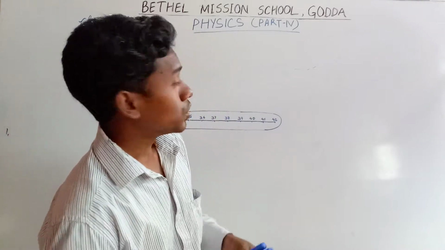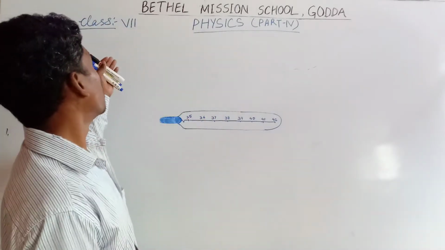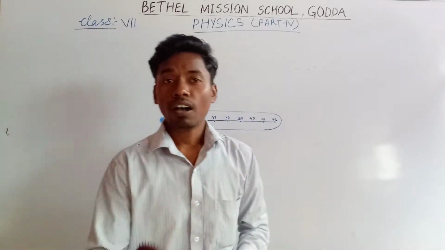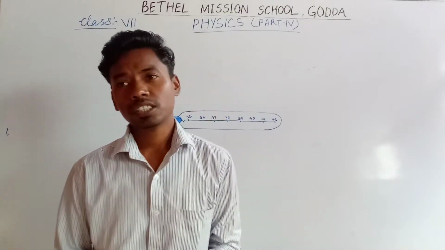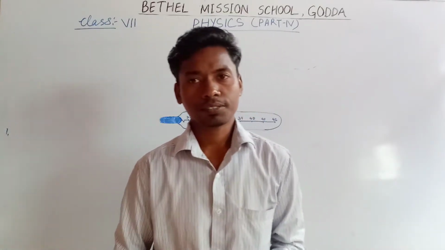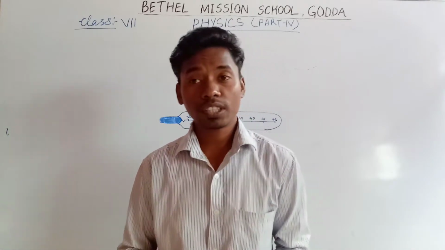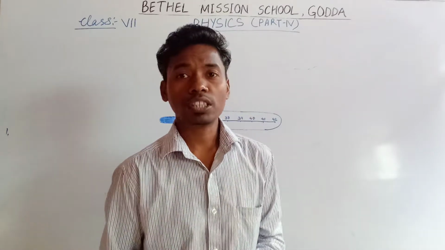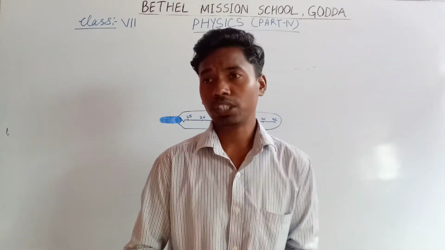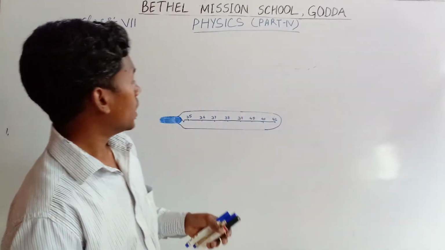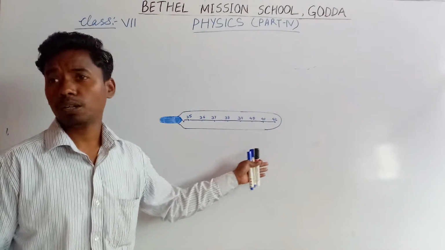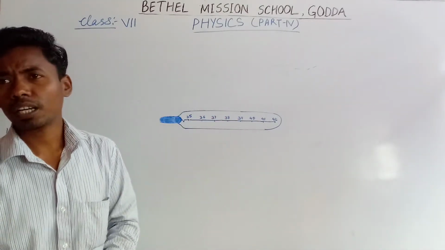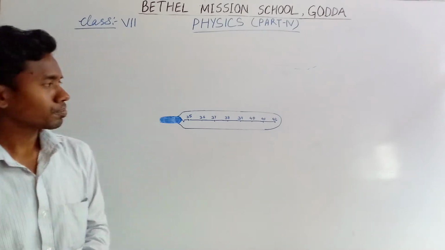Okay, so today we are here to study class 7 physics part 4. We discussed in the past 3 lectures what is heat, what is the SI unit of heat, and the various ways by which we can measure heat. We studied temperature, we studied different scales of temperature, and today I think this diagram is quite familiar to you, and you have seen it many times in your life.